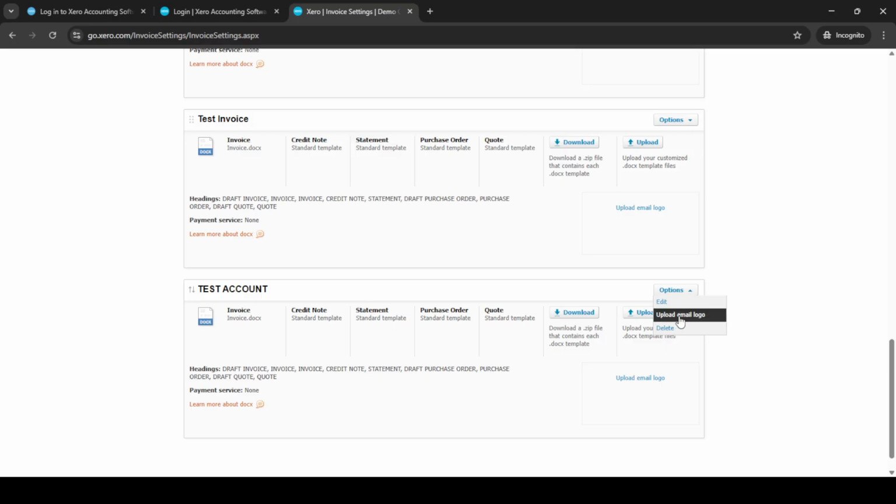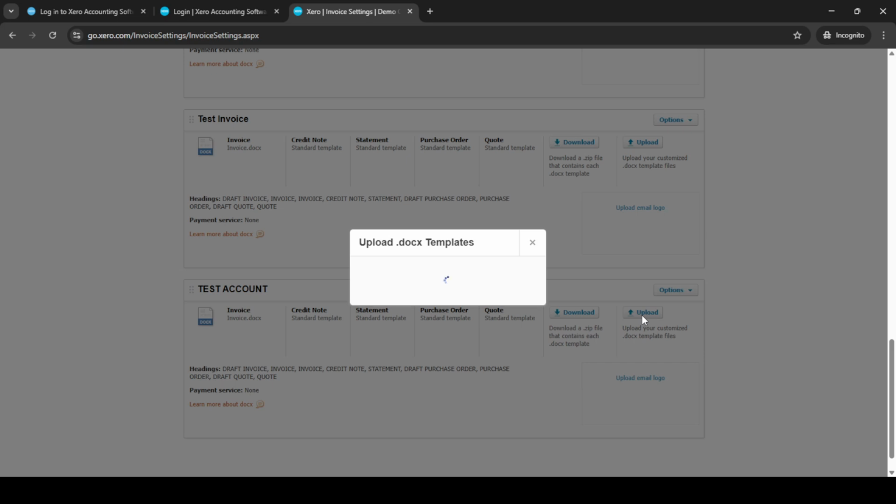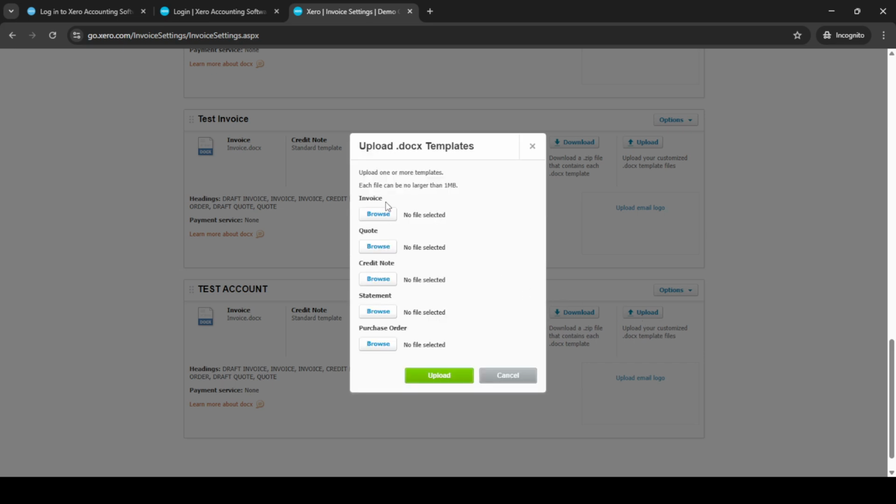Click on the Upload Email Logo option and you'll then see a button labeled Browse. Clicking Browse allows you to navigate through your device to find the larger logo image you wish to upload. Select the file from your device that represents your logo in the size you desire. Once you've identified the correct file, click Upload. It might take a few seconds, but soon your larger logo will be uploaded and saved as part of your